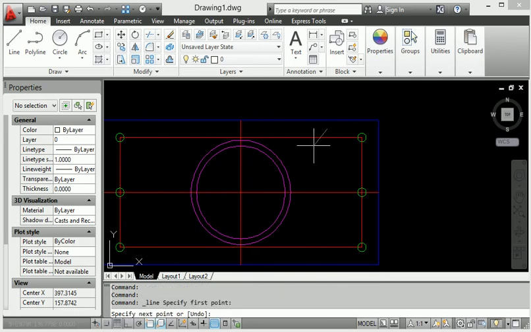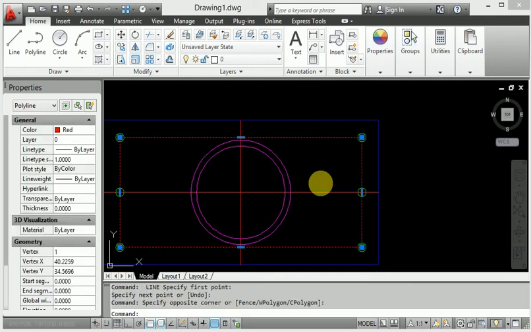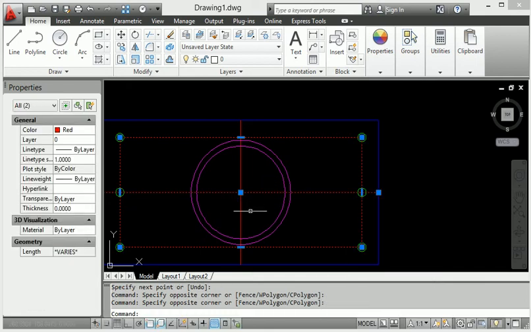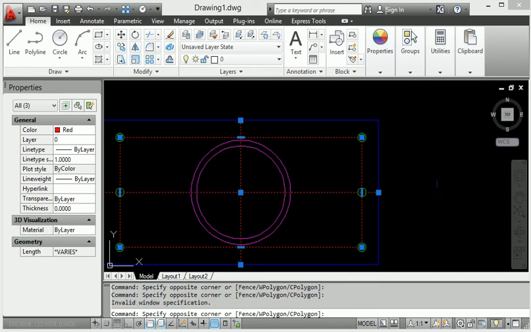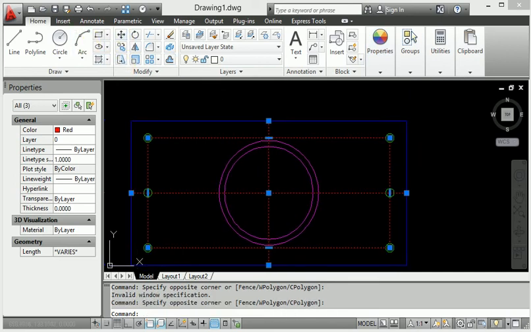So right now I have provided color to every circle. Then I will also provide the center line here. How to convert the center line, I will show you before. When I click all these center lines, then I will apply by layer here.